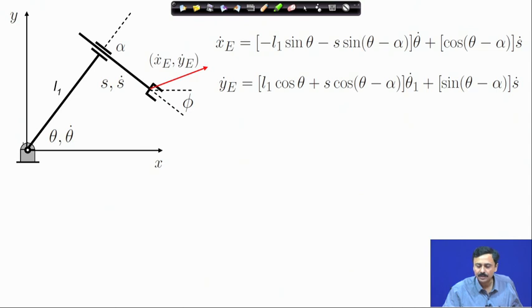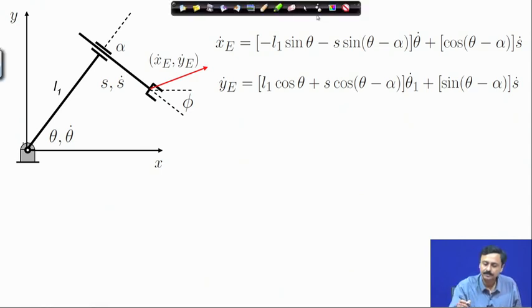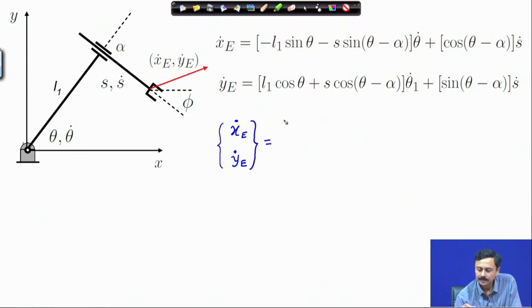Now, I can assemble these velocity relations in the form of this matrix. So, it is the x velocity of the end effector, this is the y velocity. So, this is the velocity vector of the end effector, and that is equal to